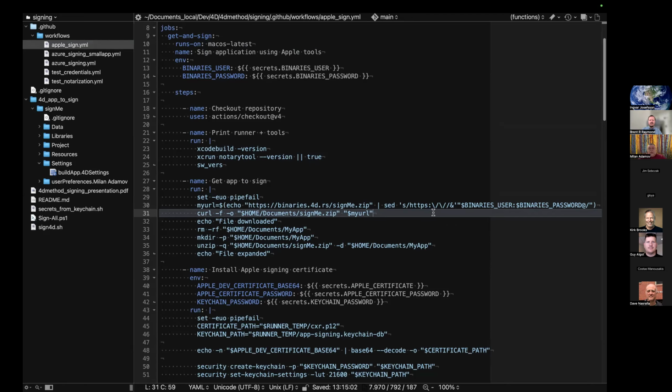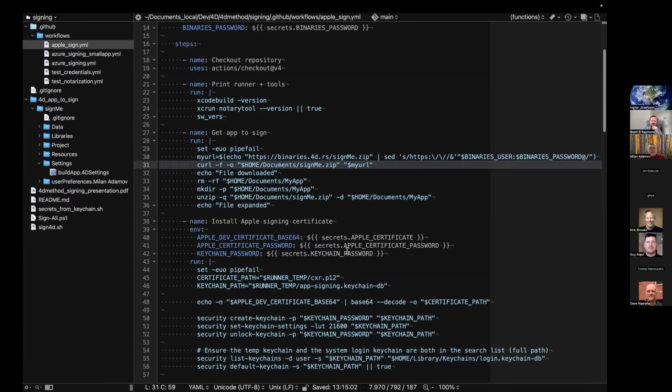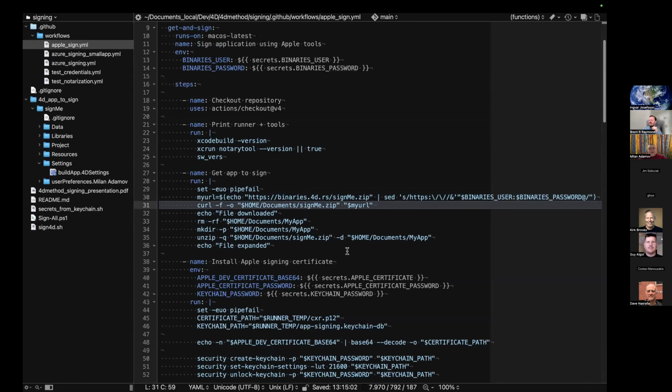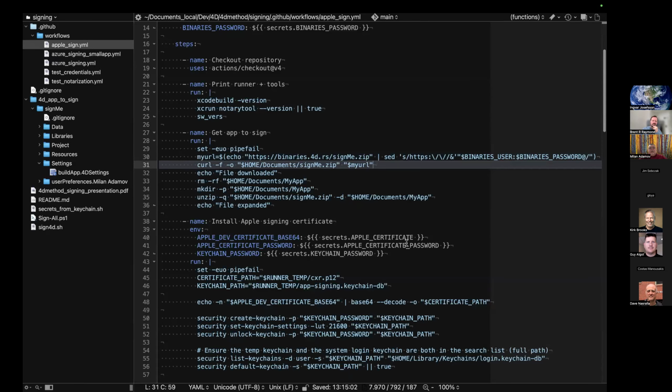These are the user and password, because they are protected, so nobody will download freely anything from there. And basically, if I have to repeat, I can repeat, because these are the secrets. In GitHub Actions, you can put secrets in your repository, so your passwords, your certificates, your everything is not seen or printed.